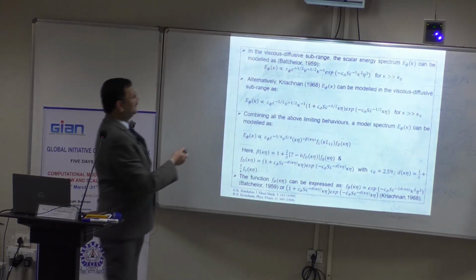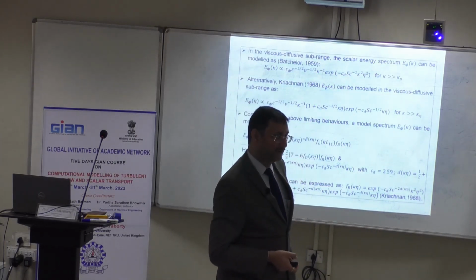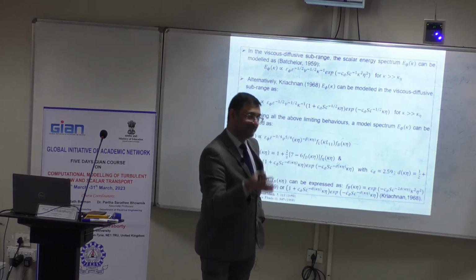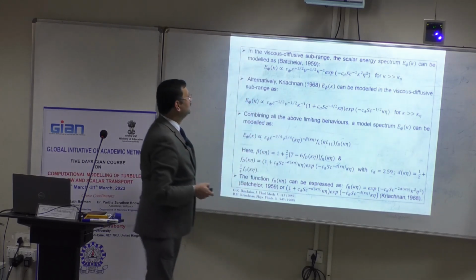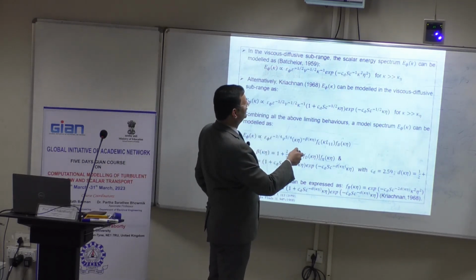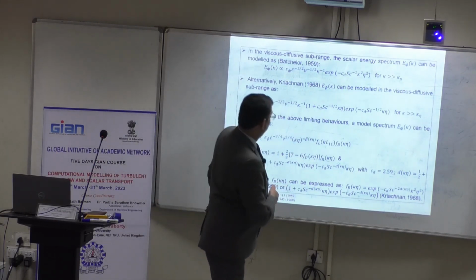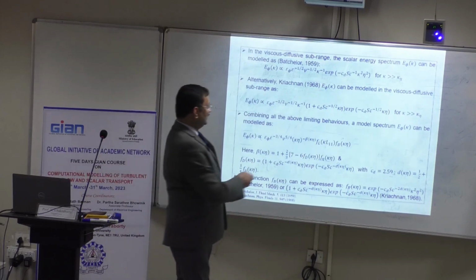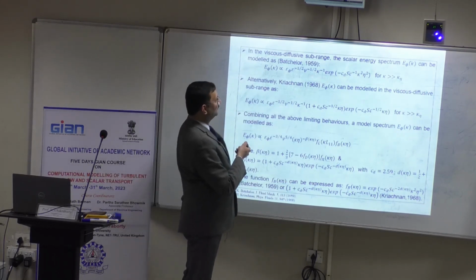In the viscous diffusive subrange, this is valid for Schmidt number much greater than 1. Now, turbulence is going through a decaying process because of the viscous action, but diffusion roll-off has not started. Batchelor essentially came up with this functional form. There are alternative functional forms by Kraichnan. And combining all of those behaviors,